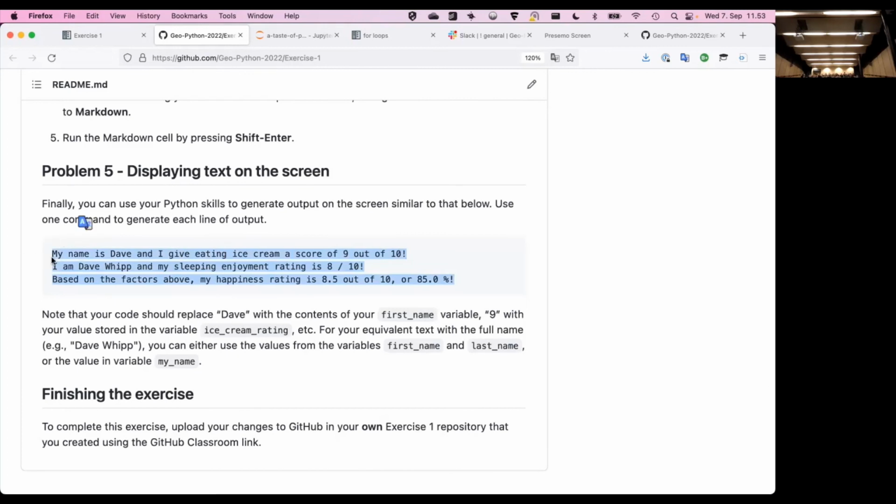So here's my example where I gave eating ice cream a score of 9 out of 10. Sleeping enjoyment is 8 out of 10. Probably right now I would say my body feels like it's a 10 out of 10 because I'm pretty much tired all the time. But based on the factors above, my average, of course, is 8.5 out of 10, or 85%, happiness rating, rather. So that's your task